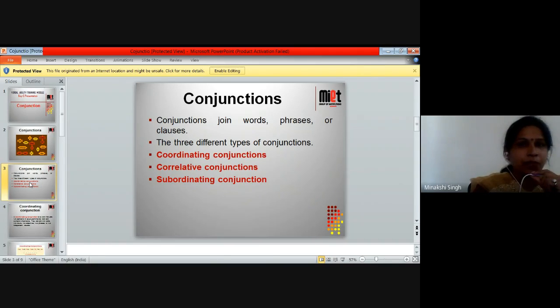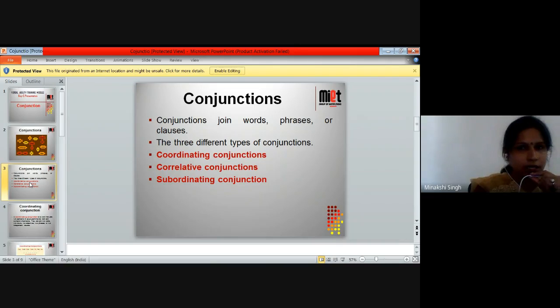इंडिपेंडेंट क्लॉज, that means independent clause is a sentence that makes a complete sense and it does not need any additional information to complete its sense. When I talk about a dependent clause, that means it depends upon some additional information to complete its sense. So that is the difference between an independent and a dependent clause. A dependent clause is also called a subordinate clause. So students, now let us come back to conjunctions.